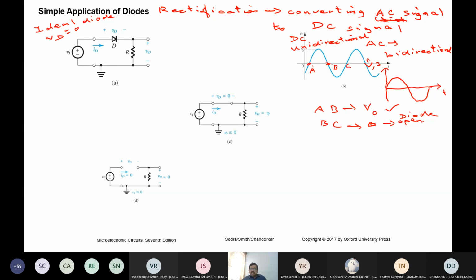Again for CD we are going to have output. What will the output be? The output will follow the input signal. It will simply replicate the input signal, and we will get signals like this, which is shown here. I can keep drawing like this, and here the output will be different. We will get output like this, 0. So that is shown here. I hope this is clear. Let's move on.